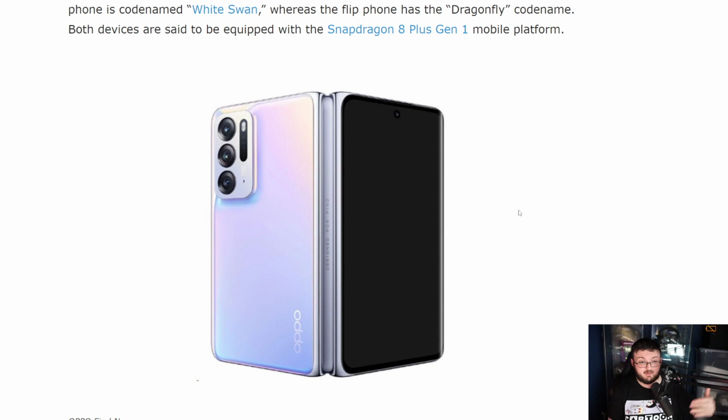Obviously, the Z Fold 4 has come down in price because of a discount. But the initial asking price, $1,800, $1,900, there's a reason why that price tag's so high. And it's not just because you have a Samsung logo on the back. It's not Apple. This is Samsung. The reason is because it has a lot of components in that device. So, I'm going to guess with the Oppo,